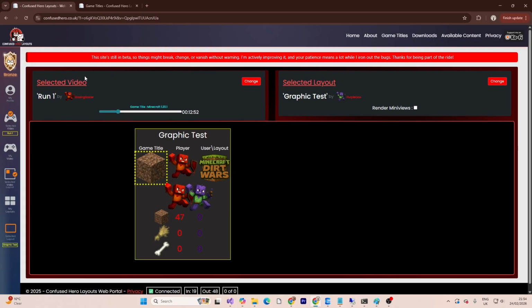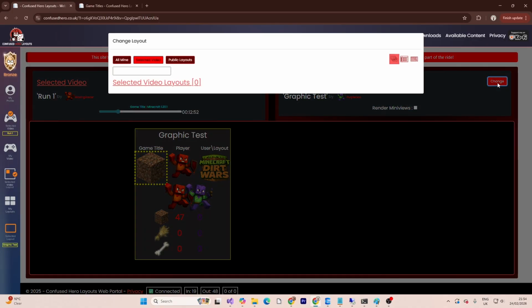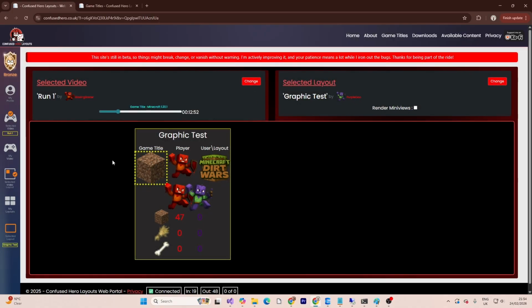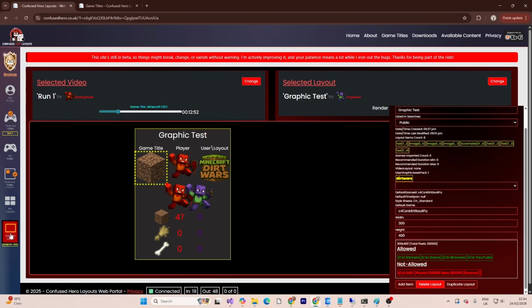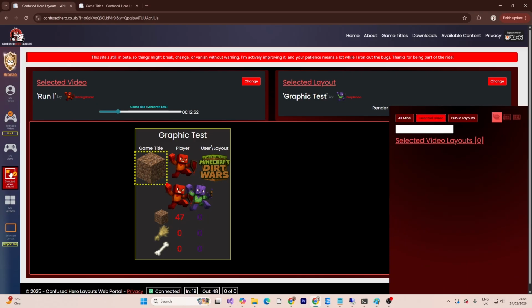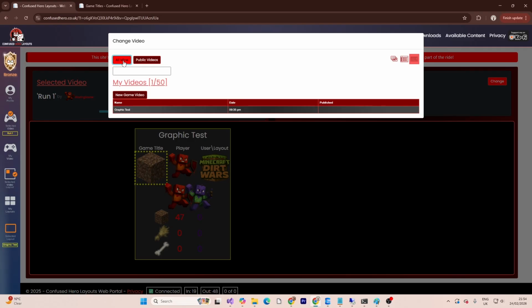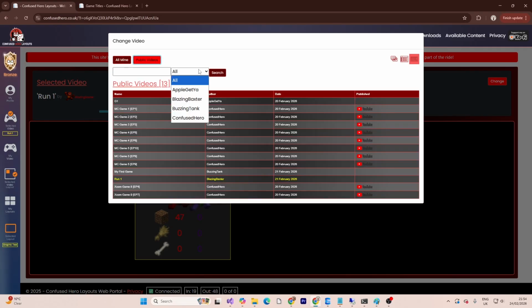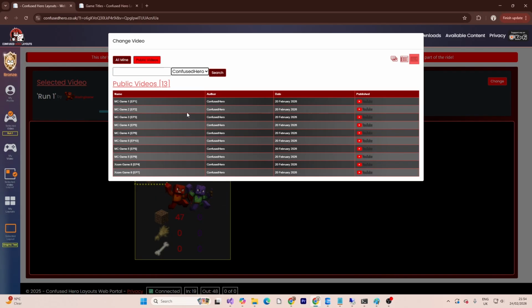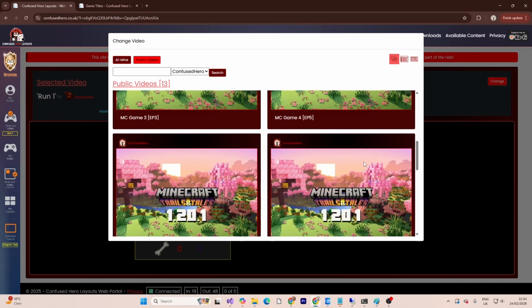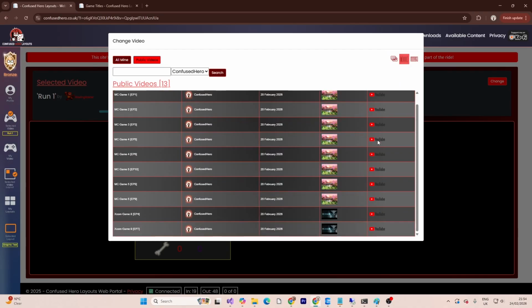That's it. Before I wrap this video up, I just kind of want to demo the navigation a little bit better. I've been using these 2 buttons to change the video that have loaded, but these 2 buttons here work exactly the same as the buttons down the side. So when I click to change video, you get all of my videos or the public videos, and a drop down that enables you to look at specific users. You can also decide whether you want that in an icon view,